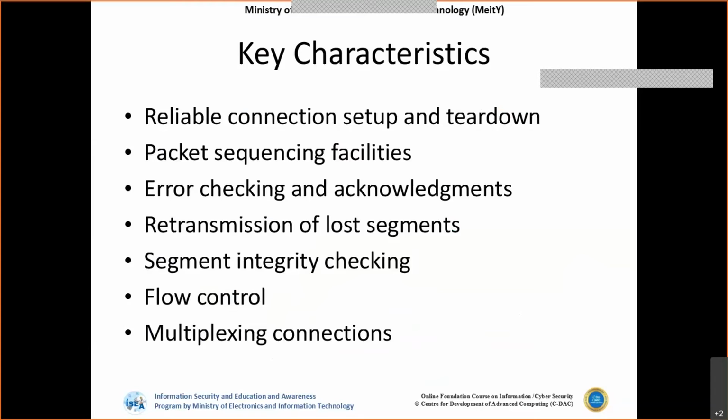And also there is a mechanism to decide the window size with respect to flow control, the size that has to be transmitted over the communication path, and also multiplexing connections. Multiplexing connections, in the sense, let's say I'm using a system. On this particular system, I'm opening a lot of connections. Let's say on a single browser, I may be opening 10 tabs to open 10 different applications or 10 different websites. I may be opening some other Skype connection or some video chatting application.